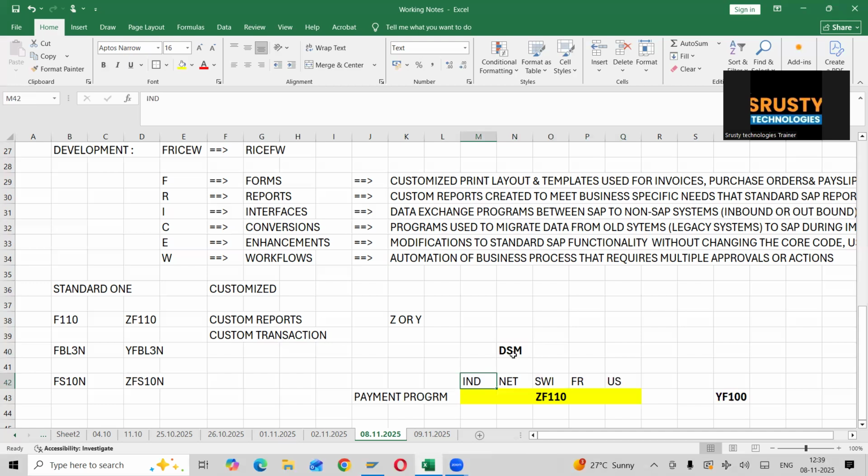But here, even though it is DSM with different countries, the India company payment program is something different. Netherlands is something different. Switzerland is something different. France is something different, and US is something different. So first of all, they are not satisfied with the SAP standard. Now they want to go with the custom program. But even in custom, the Indian custom requirement is something different. Netherlands custom requirement